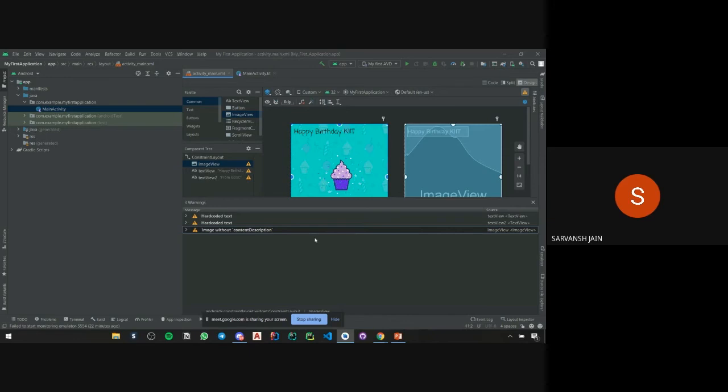So you can give a description for this image, but as we have set this image as a background for our application, we don't need any description to describe our image for someone.